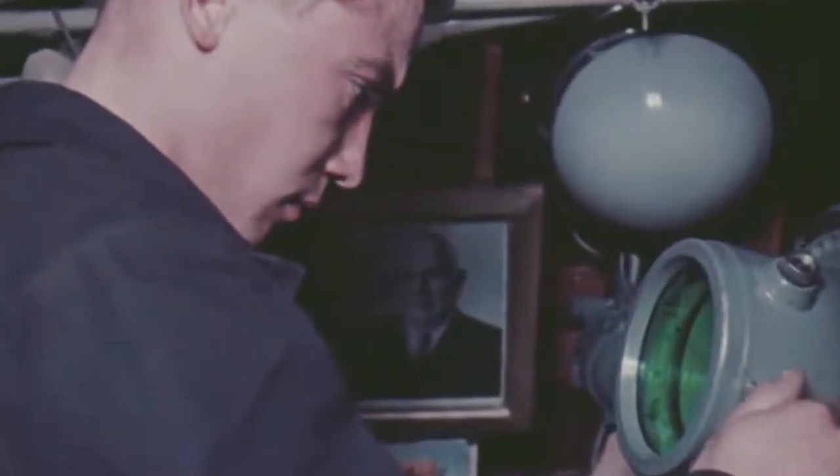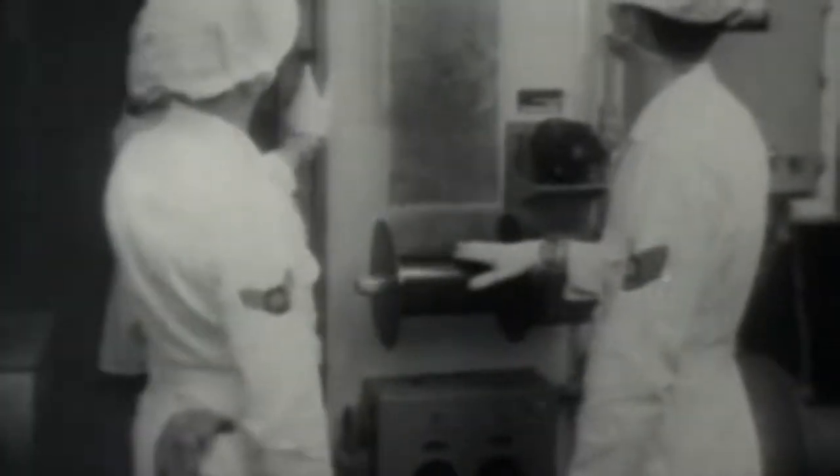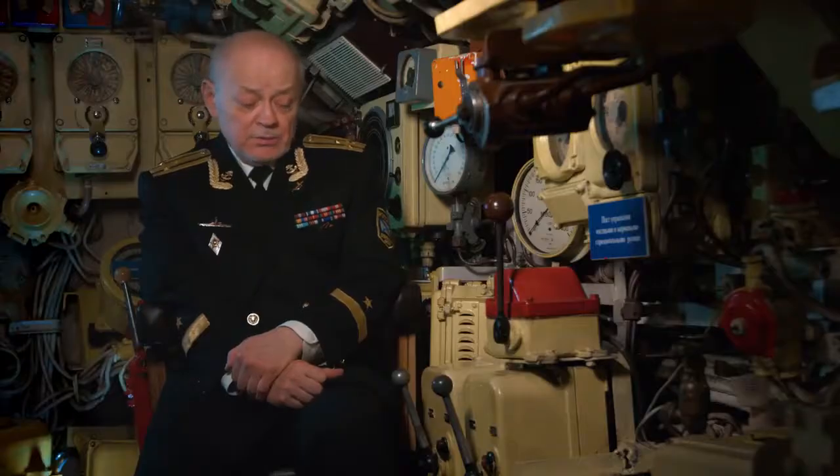The crew of the Soviet submarine didn't know that the missile crisis had been successfully resolved just 2 days prior. During the Cuban crisis, the US Navy discovered and forced 3 Soviet submarines to surface, but they didn't know then, and even for the 30 years that followed, how many more of them had been deployed near Cuba. As it turned out,